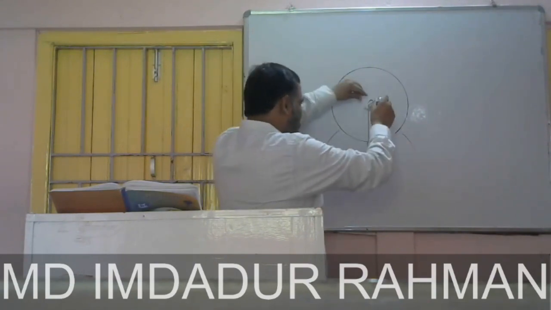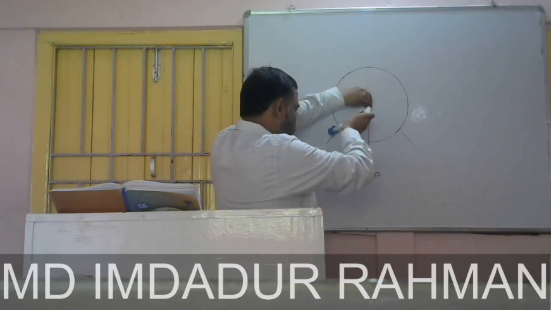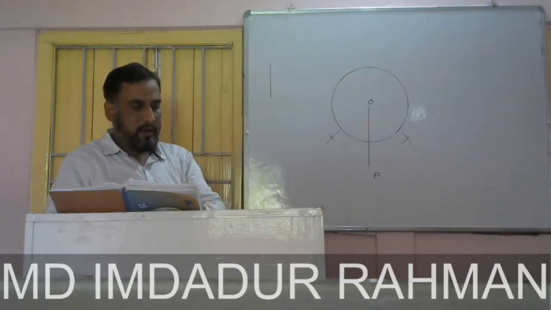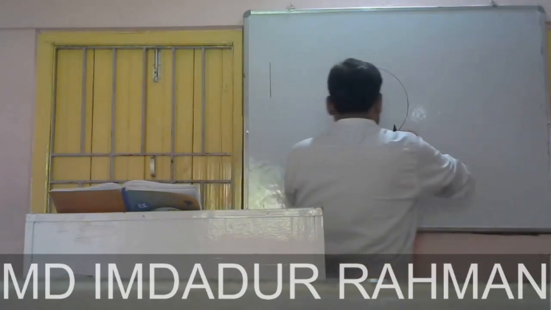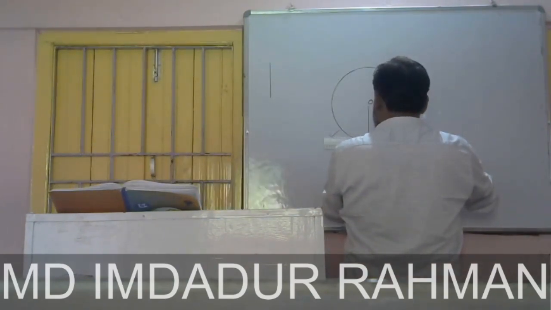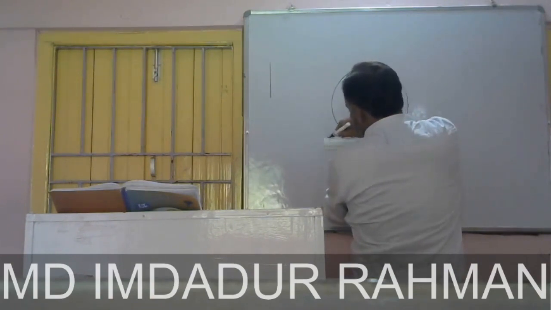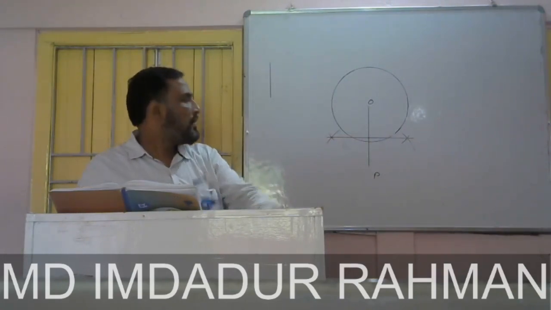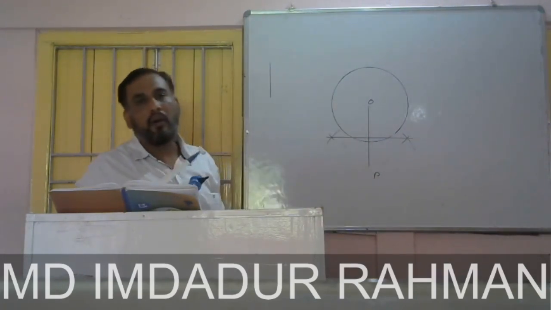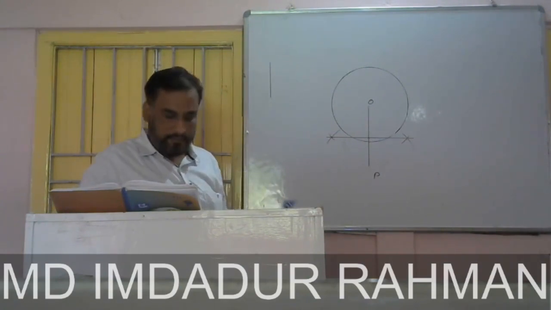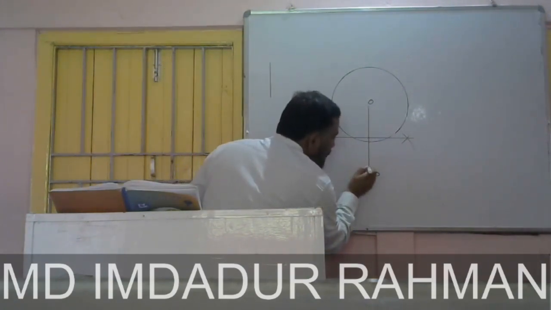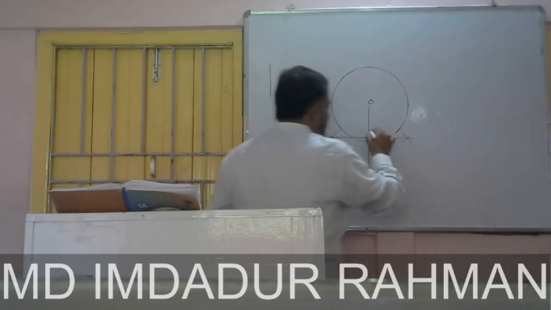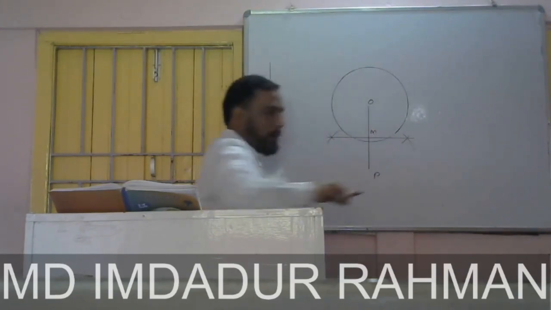Then again from O, given 2 points. Okay. Now we will join these points of intersection, and this is the midpoint of the line segment OP. Now mark this midpoint here as M. M is the midpoint of OP.